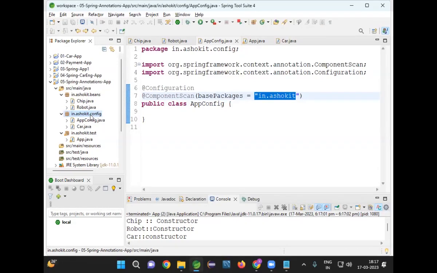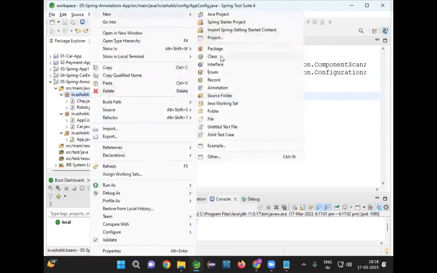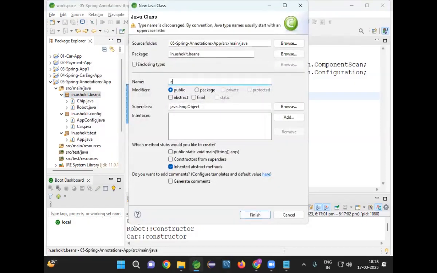So what is component scanning? It is the process of identifying Spring Bean classes available in the project based on the base package name. So what is the common name for all the packages? In.ashok.it. For example, let me create one class in a package